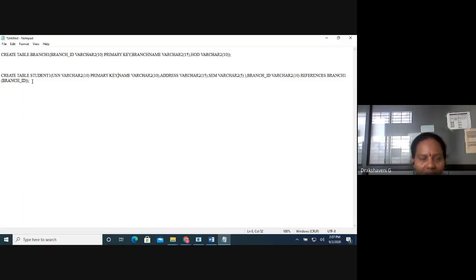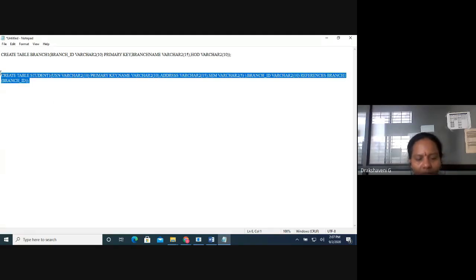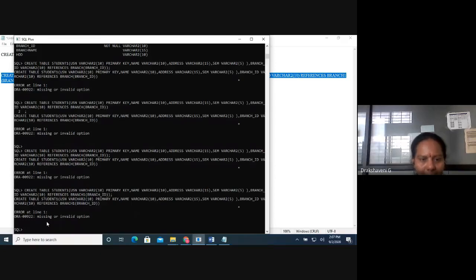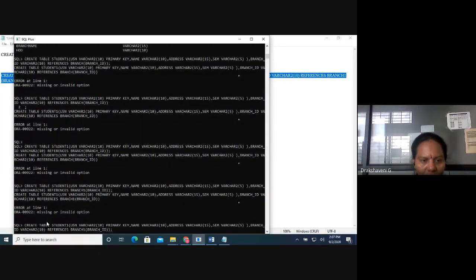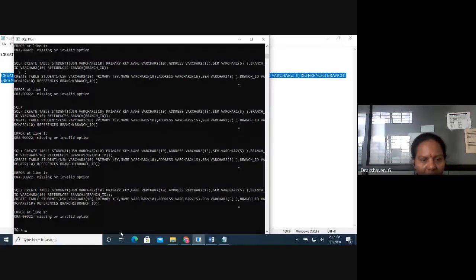So why is it giving an error? Someone told me something after branch, after references. References, there is a space. Missing or invalid option. Did I give a space there?